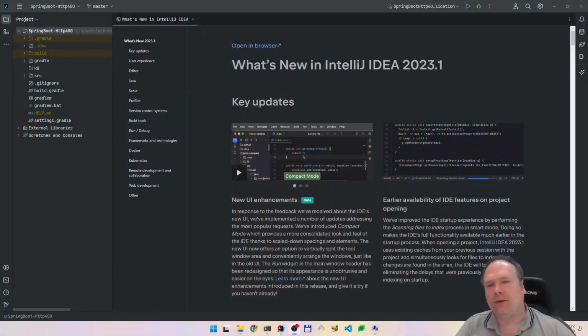We have a new version of IntelliJ 2023.1. It's not that new, but there are new cool stuff inside it. There's a new UI, and I've actually chosen to activate this new UI. If you don't know how to activate it, first of all, of course, you have to install IntelliJ